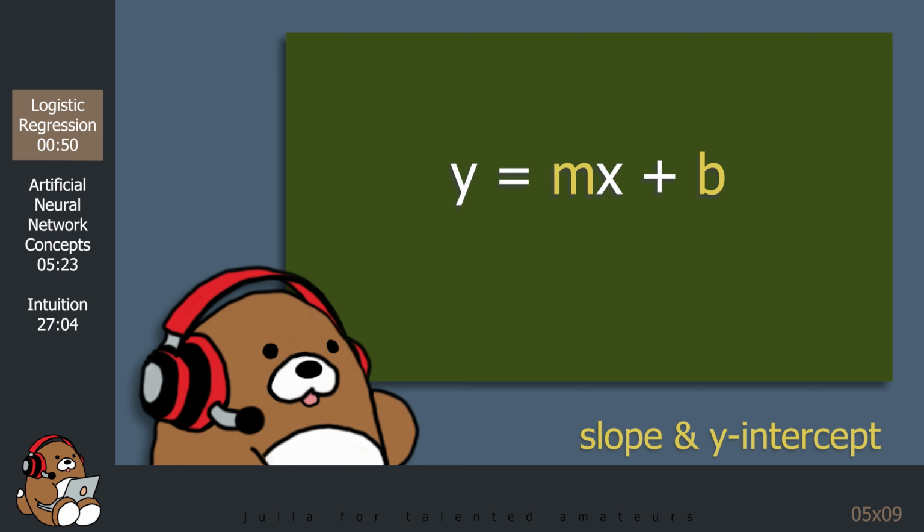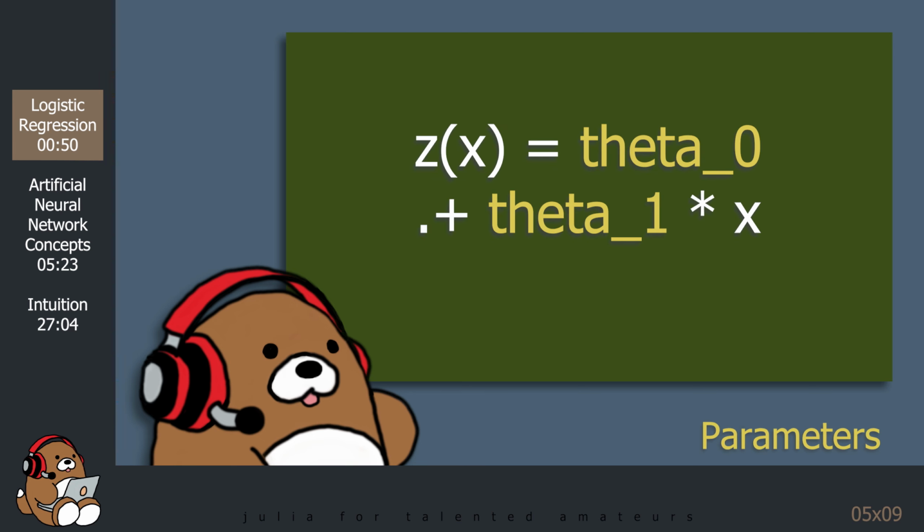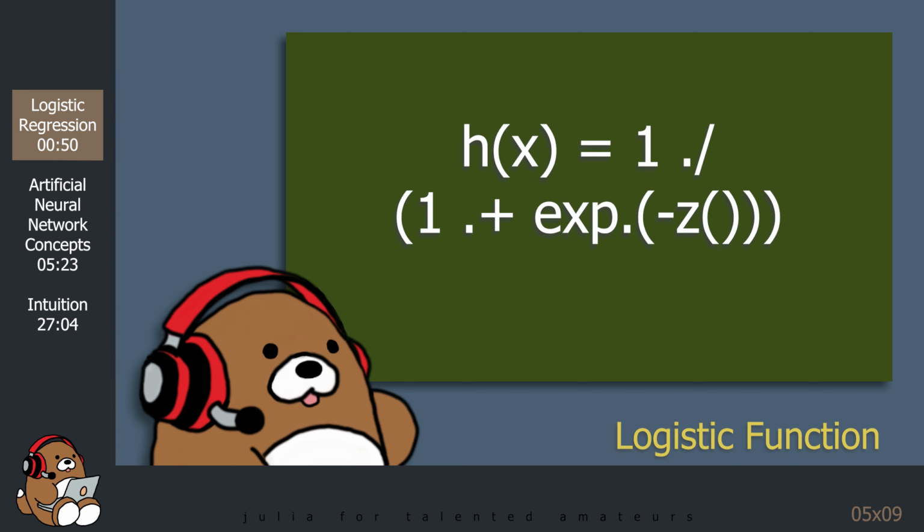The linear part was just the equation for a straight line. Rather than using the terms slope and y-intercept, we call them parameters, θ1 and θ0. Because our data wasn't linearly separable, we passed this linear equation through the nonlinear logistic function. By changing the value of the parameters, we discovered that we could change the shape of the logistic curve to best fit our data, so that we could use it to make predictions.